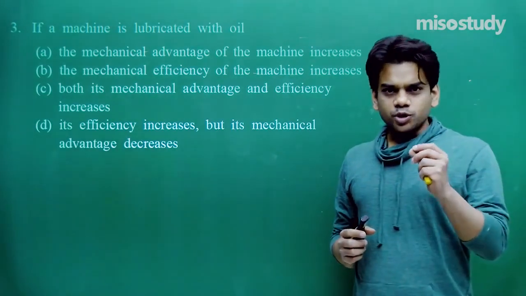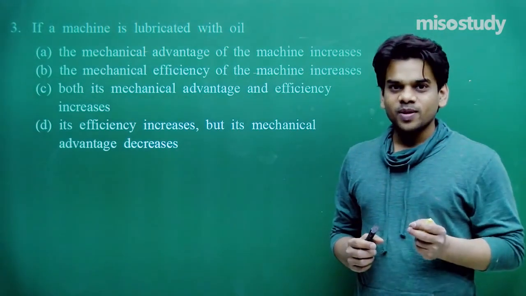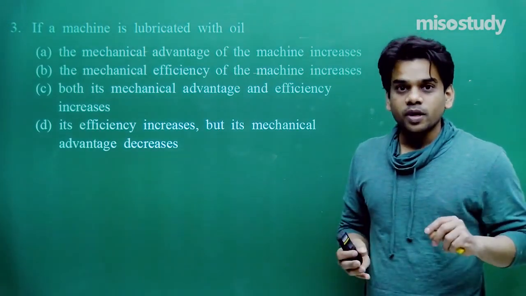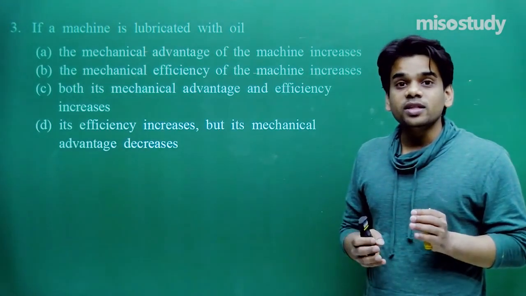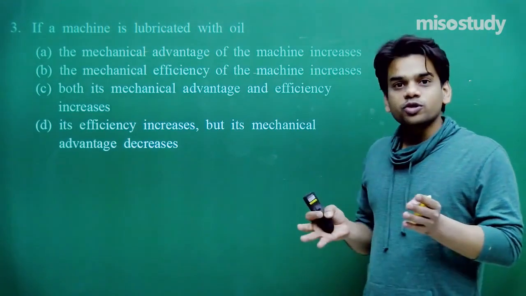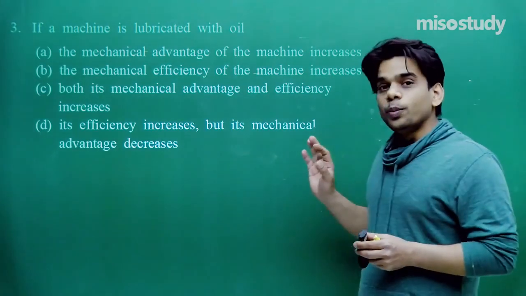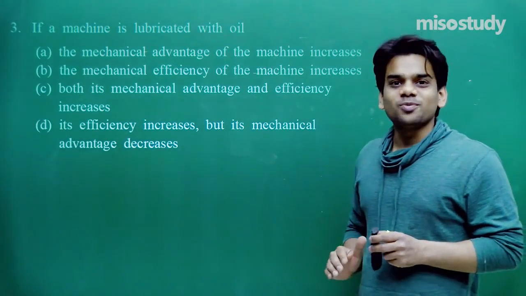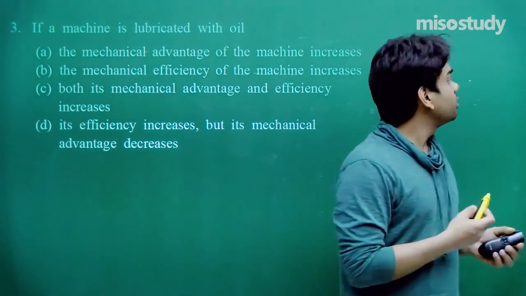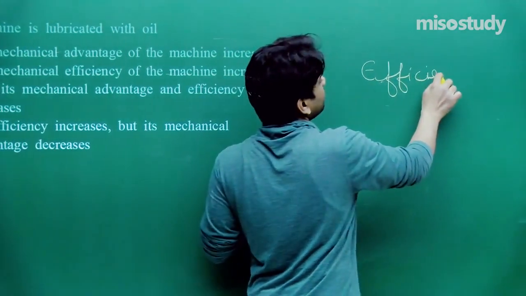First of all, I need to tell you all what we mean by mechanical advantage and mechanical efficiency. Mechanical efficiency will increase if for the given input you are getting more output. And more output you can obtain only when the loss due to all the frictional forces and all the non-conservative forces that are acting is reduced. When you use lubricant, you are decreasing the loss in energy. So efficiency will increase. So I'm writing first, with use of lubrication, efficiency increases.